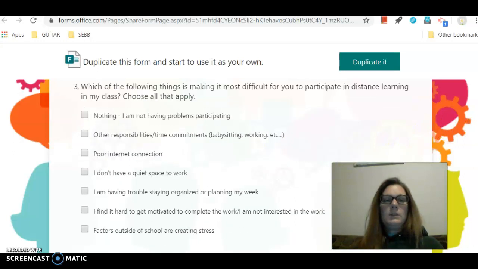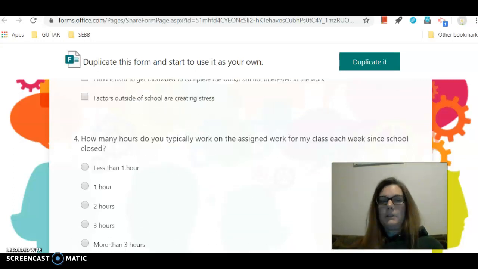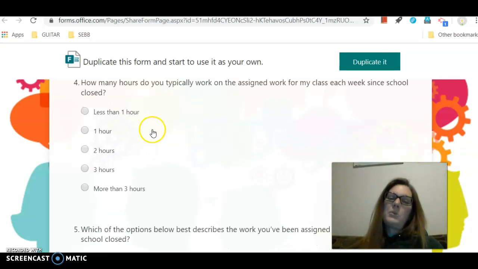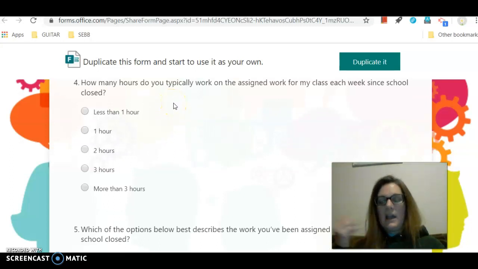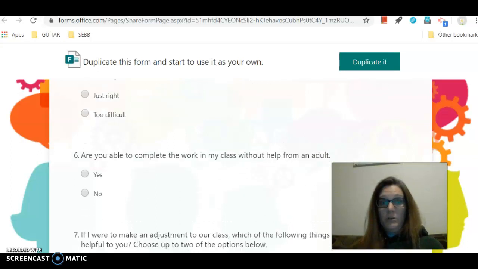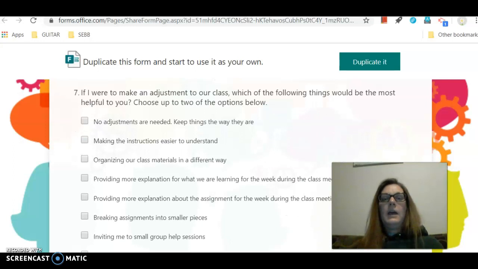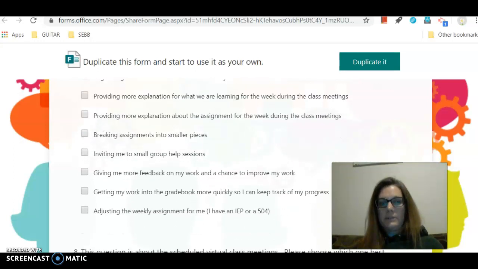So all of these ask what's most difficult for you with these lessons, how many hours you typically spend on them. With this question, some teachers were saying, if you're focused on the lesson, count that. If you're also chatting offline, don't count that. So kind of keep it true to when you're focused and how long it's taken you. What's your thought about the workload? And then ability to do it without a parent, and then being able to follow the steps.